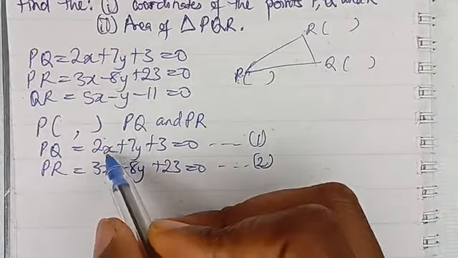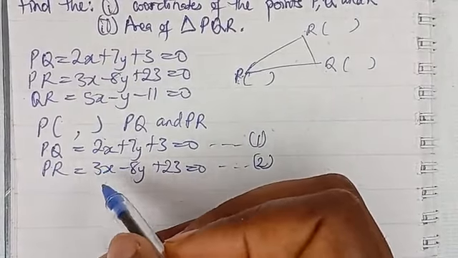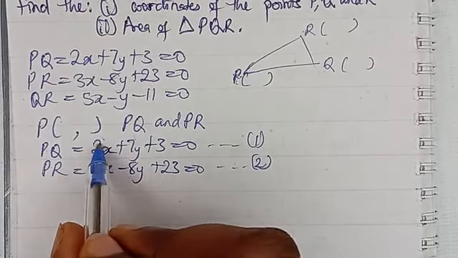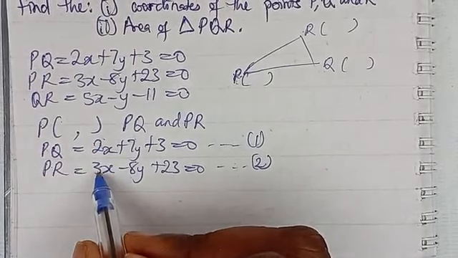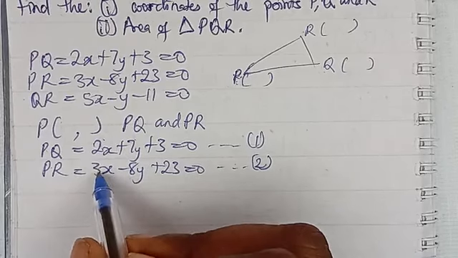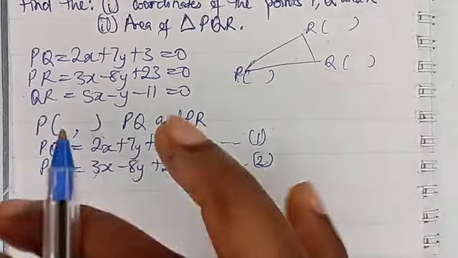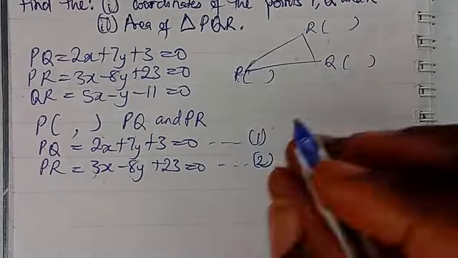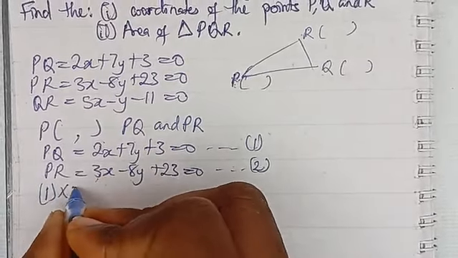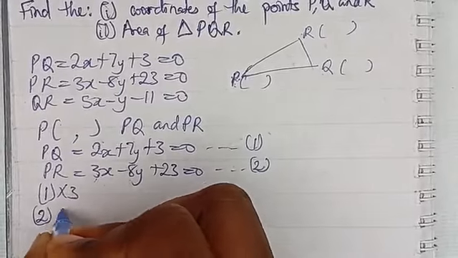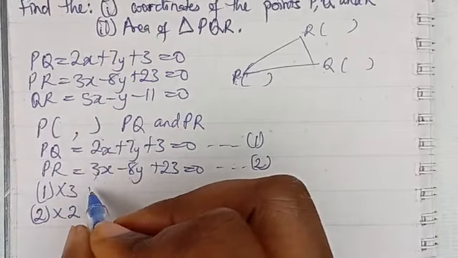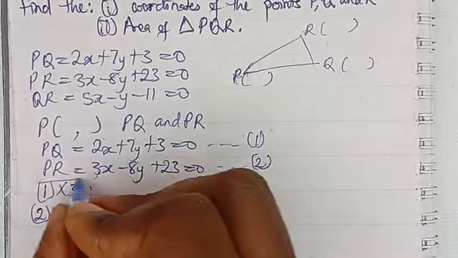To do that, we have to make sure that these two coefficients are equal. When we multiply equation 1 by 3, this becomes 6x. When we multiply equation 2 by 2, this becomes 6x. So equating these two so that we can subtract them out. When we say equation 1 multiplied by 3 and equation 2 multiplied by 2, we are multiplying everything by 3. So that is